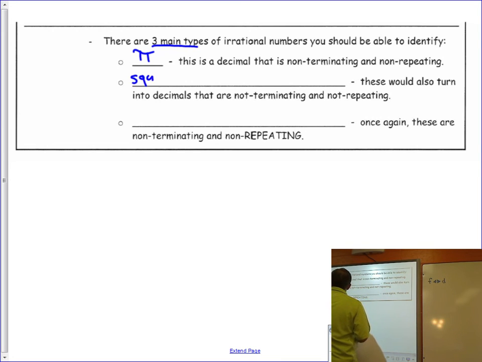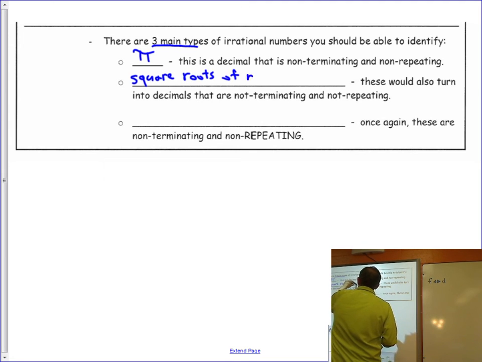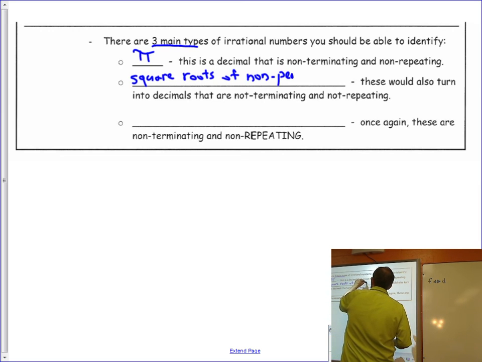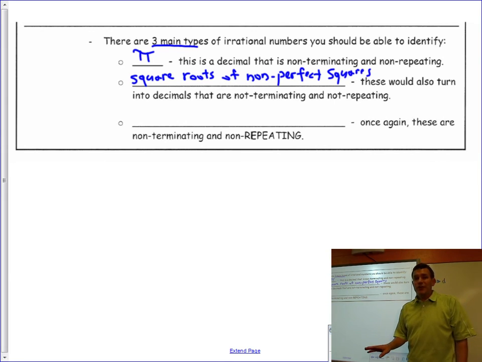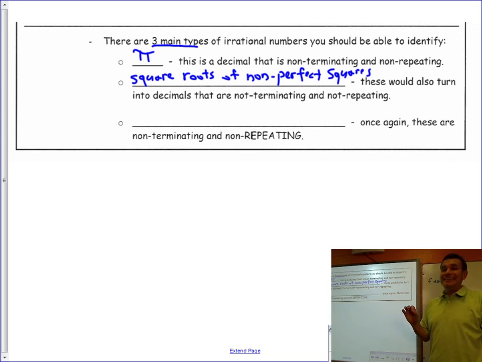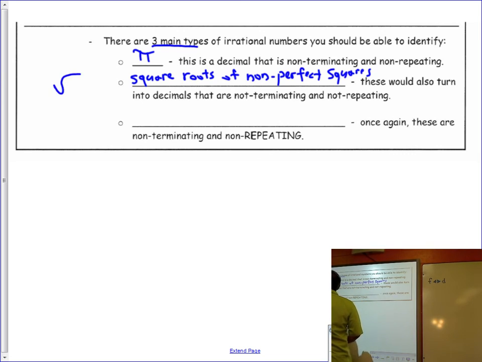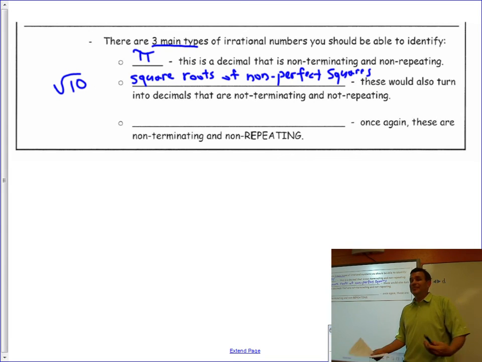As we just learned, square roots of non-perfect squares. If you took the square root of a non-perfect square, you would also get a non-terminating, non-repeating decimal. You could try it. Try taking the square root of 10 on your calculator and see what happens. You end up with a non-terminating, non-repeating decimal. It's an irrational number. And last up,